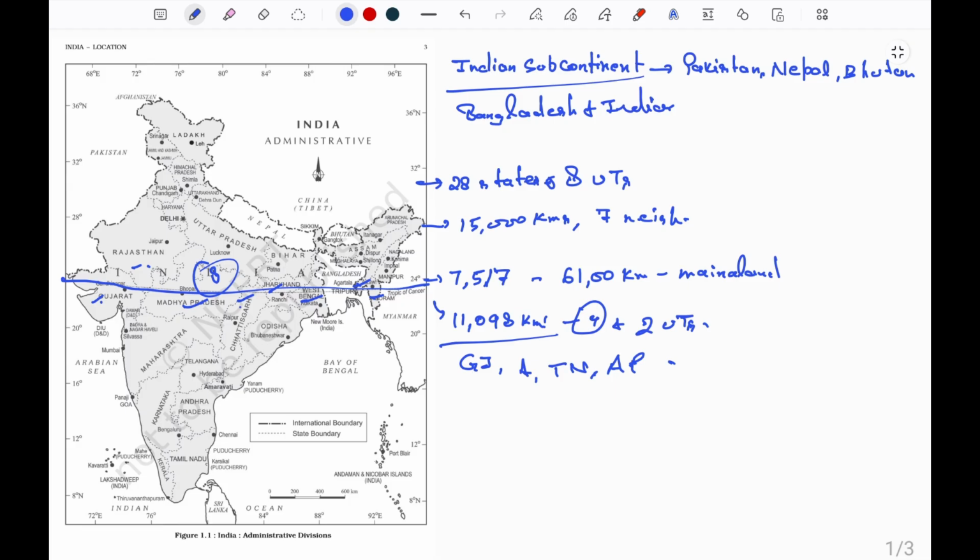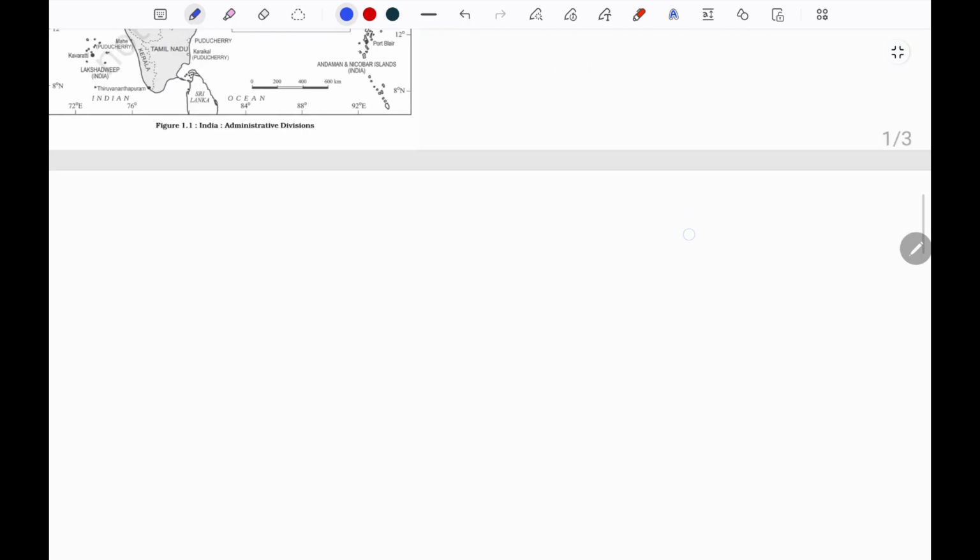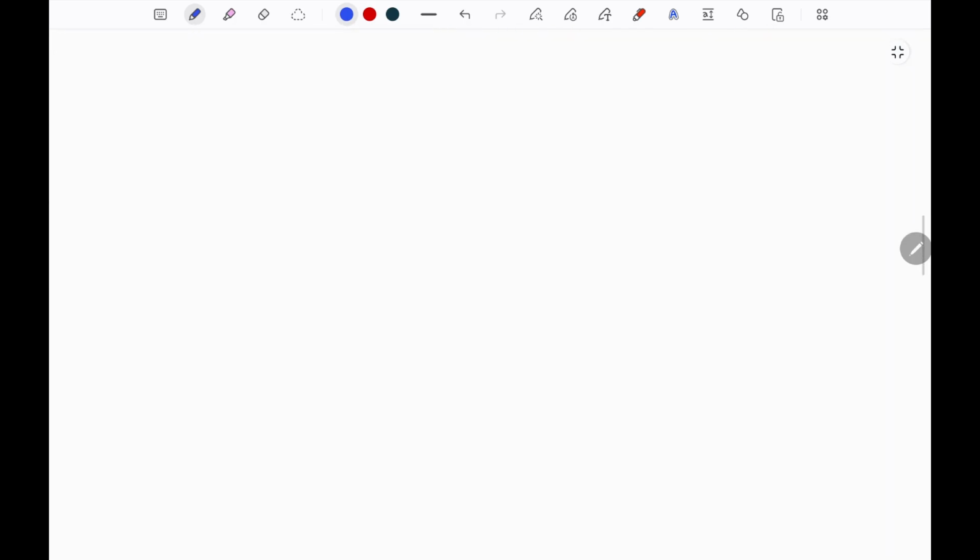Now, let us move to the next chapter, that is the Division of India, based on structure and physiography. So geologically, India can be divided into three parts. That is the peninsular block,